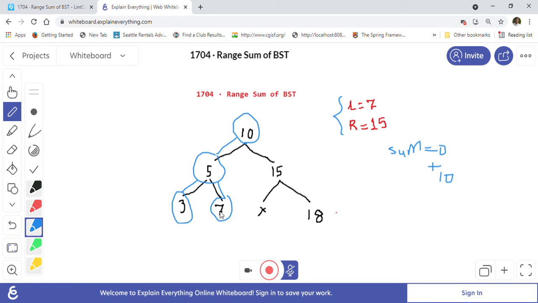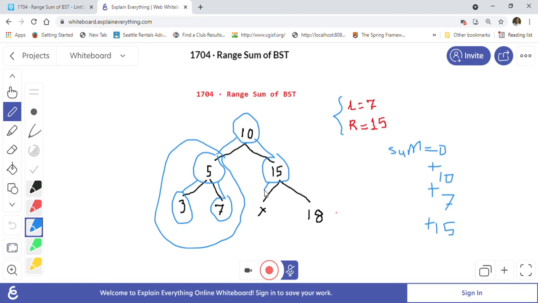Now we are at 7, which is within this range, because it is inclusive, so we add 7 into our sum. We are done with our left subtree. Now we have to start the right subtree. From 10 we will go to 15. 15 is within this range, so we add 15 to our sum, and then we go to the left.